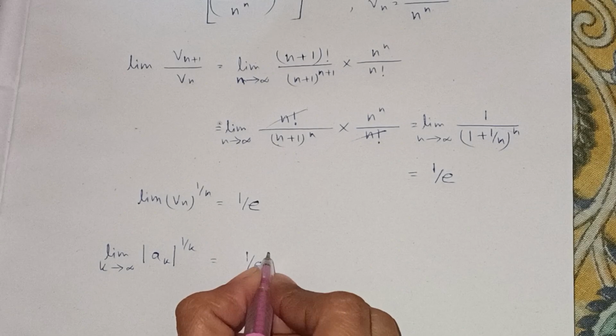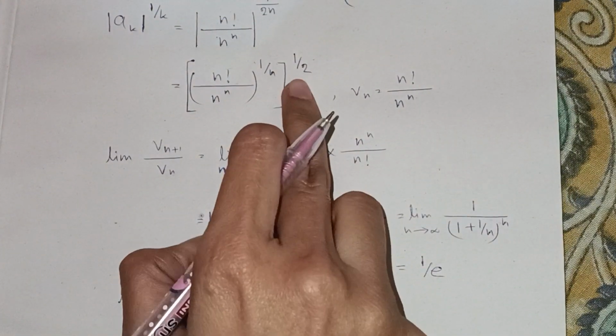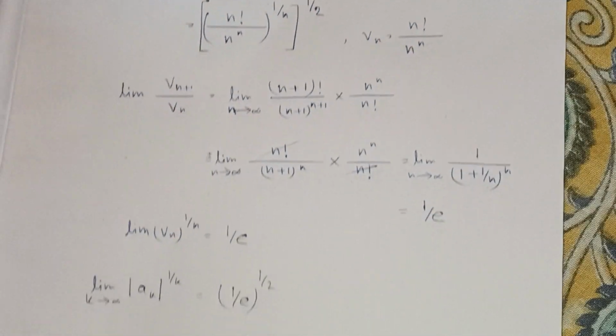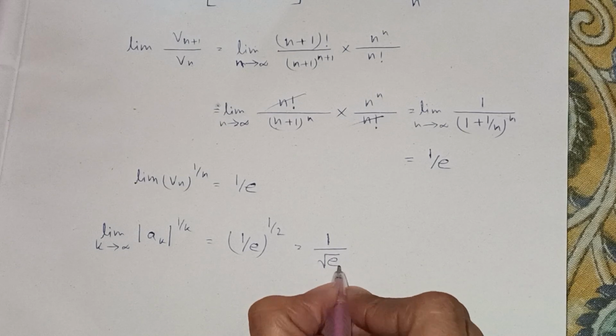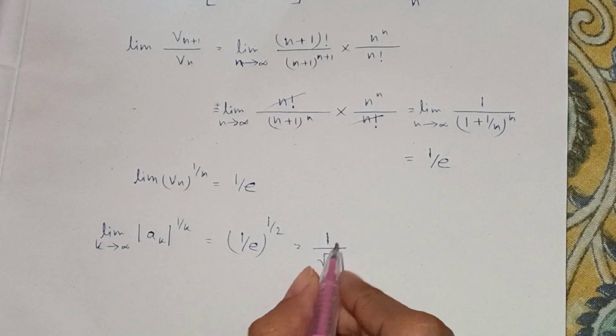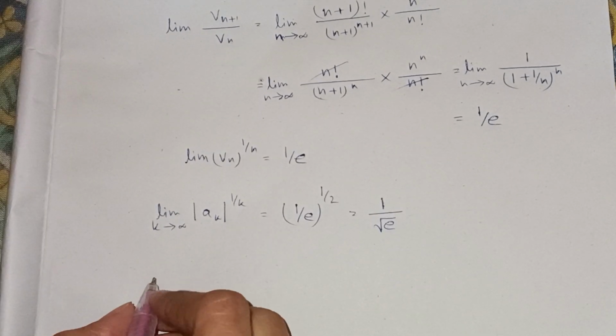1 over e whole to the power 1 by 2. Don't forget the half right here. Okay. So the answer is 1 over e, 1 over root e. But this is not the radius of convergence. Why? Because the radius of convergence is